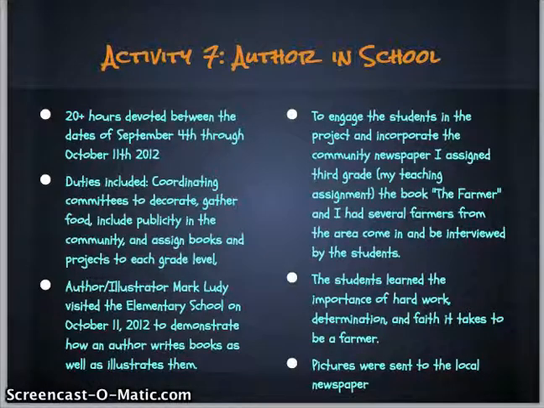Author in school, this was also a huge portion of my hours. It takes a lot of time to coordinate committees, decorate, and gather food, include publicity in the community, and assign books and projects to each grade level. The author illustrator was Mark Ludy, and he visited the elementary school on October 11th to demonstrate how an author writes books as well as illustrating them. And it engaged students throughout the community, and they got to learn the importance of hard work, determination, and faith it takes